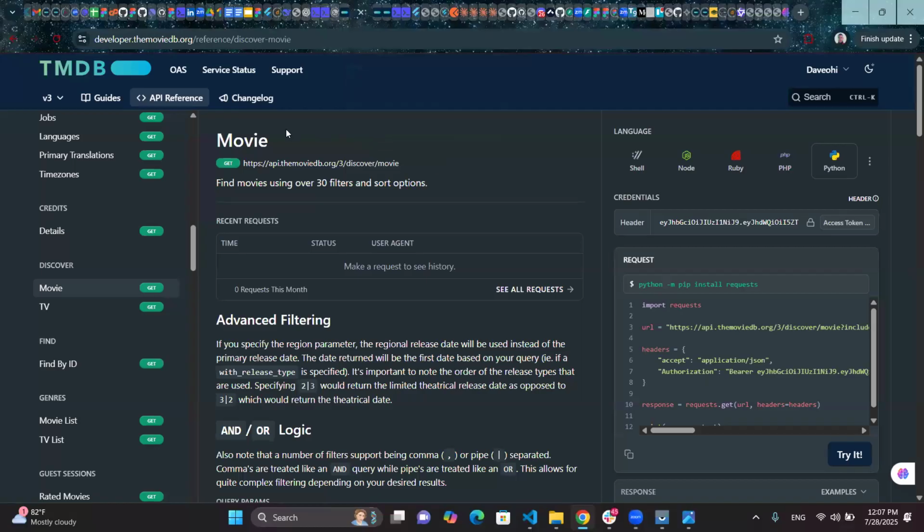And then here, you have your URL for discover movie, right? Then the same thing applies here. You have it here with headers, authorization, bearer access token, and response. These are the endpoints you get from the back end. All right, so if you click,